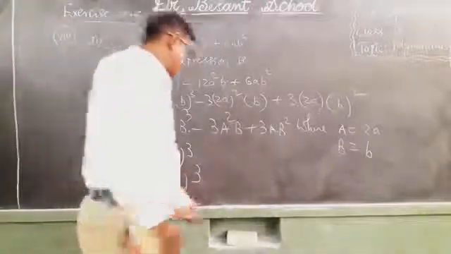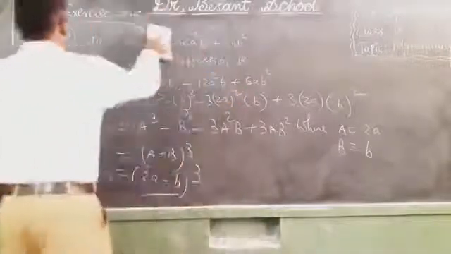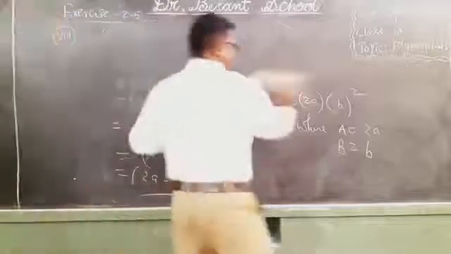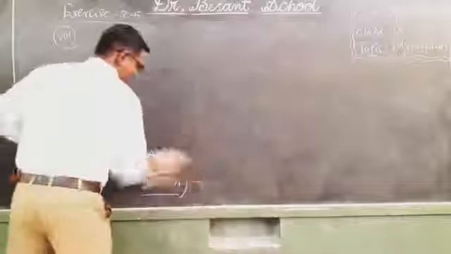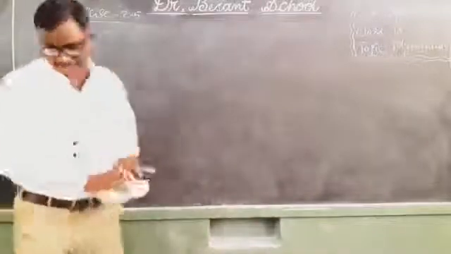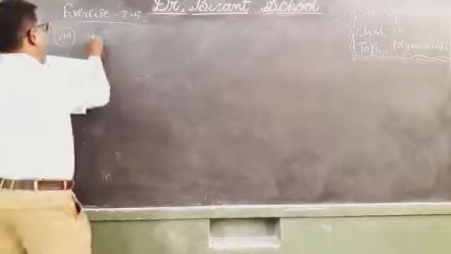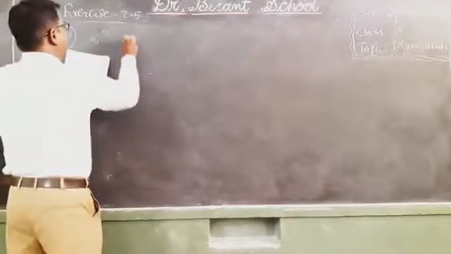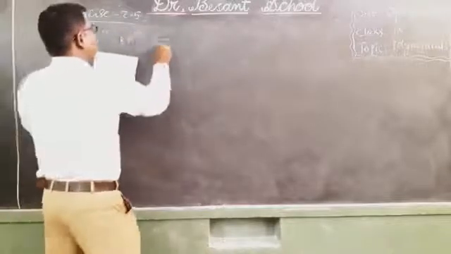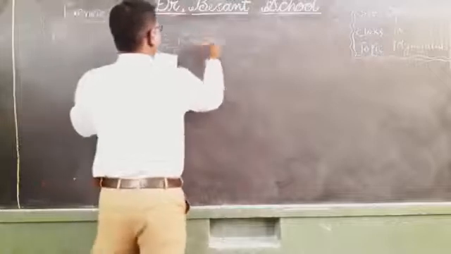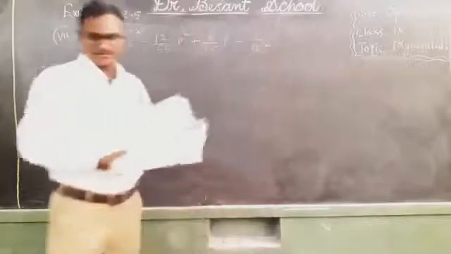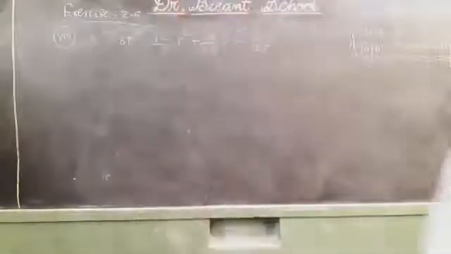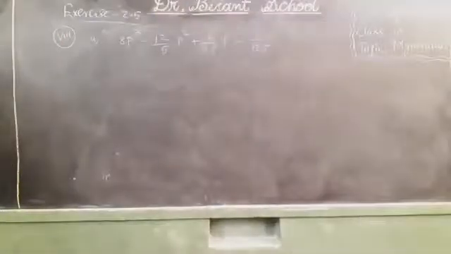Okay, children. Let me explain you one more problem from this 8th Roman. You can understand very easily. So see the textbook. That is the 4th problem from this 8th Roman: 8p cube minus 12 by 5 p square plus 6 by 25 p minus 1 by 125. Once verify, children.